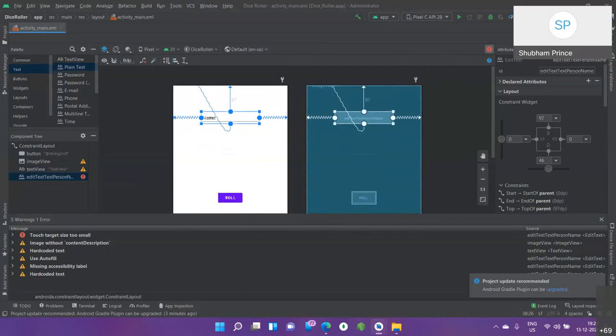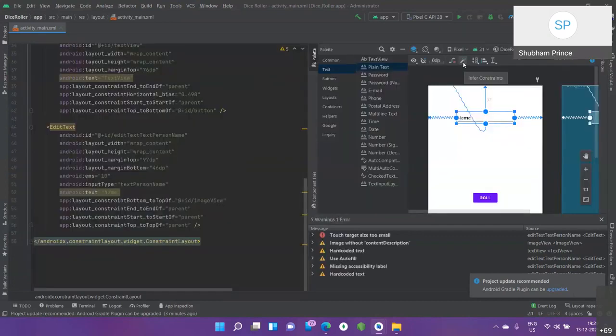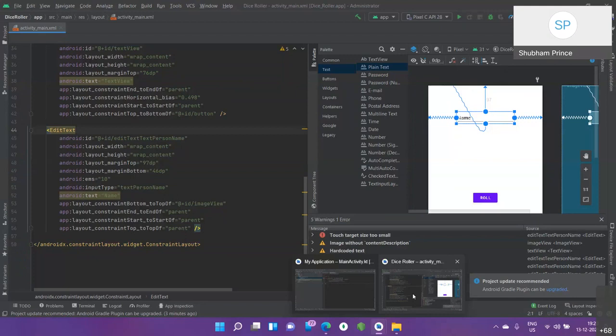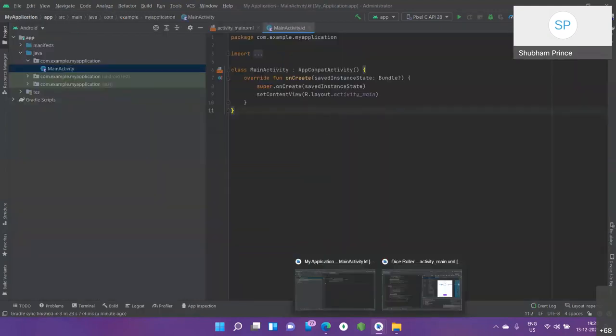So remember this, whenever you are working with XML and designing, use this one. While working with constraint layout, you will have fewer errors and you will never see any of your widgets traveling to America. Okay, so let's go with something else. I think the previous project is deleted or not. Okay, it is here. Okay, let's go.